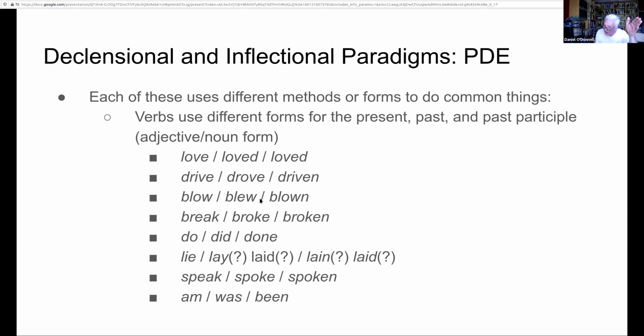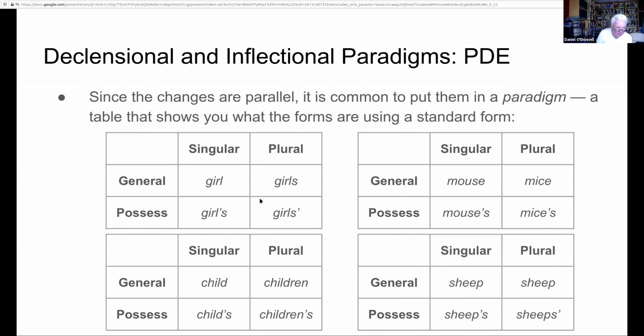And so again, on the one hand, the rows are different, but on the other hand, the columns, in terms of what they're doing in the sentence, are the same. So they have different ways of doing the same thing. Whenever you're able to talk about rows and columns, you can put them in tables. And so this is then, it's quite common in learning